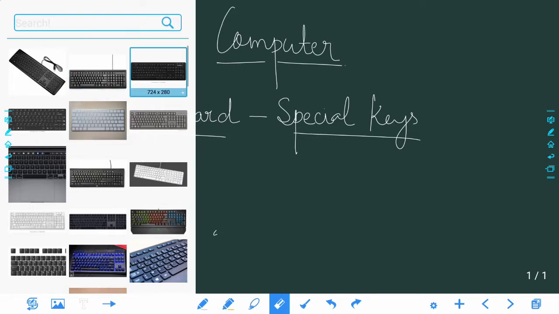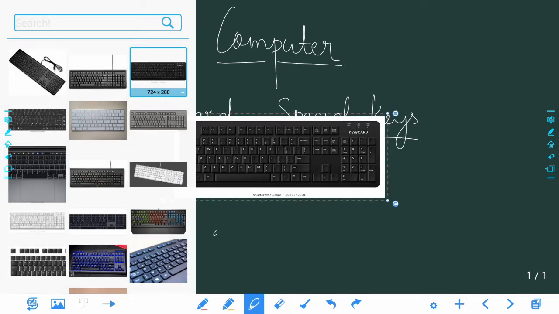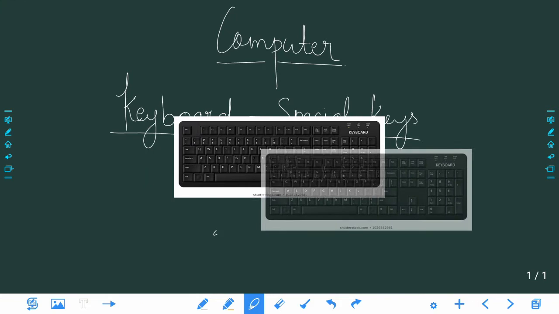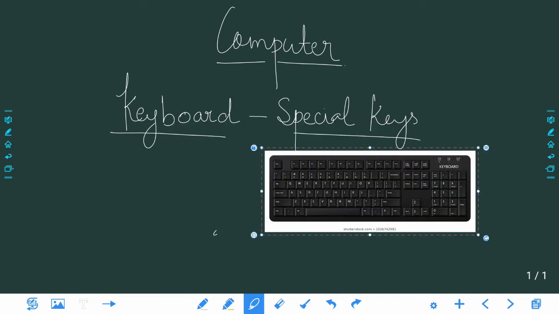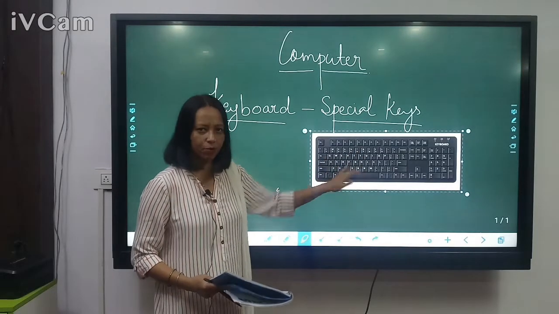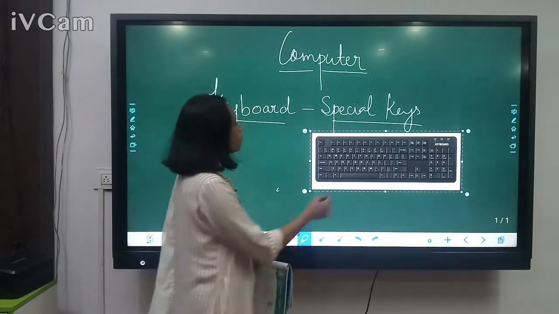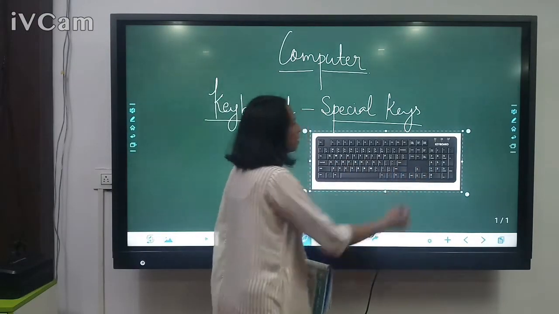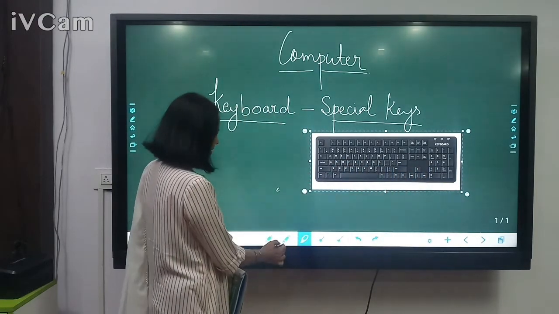I'll select one. It's so easy now. Alright, now this is your keyboard. Here you have so many small keys.